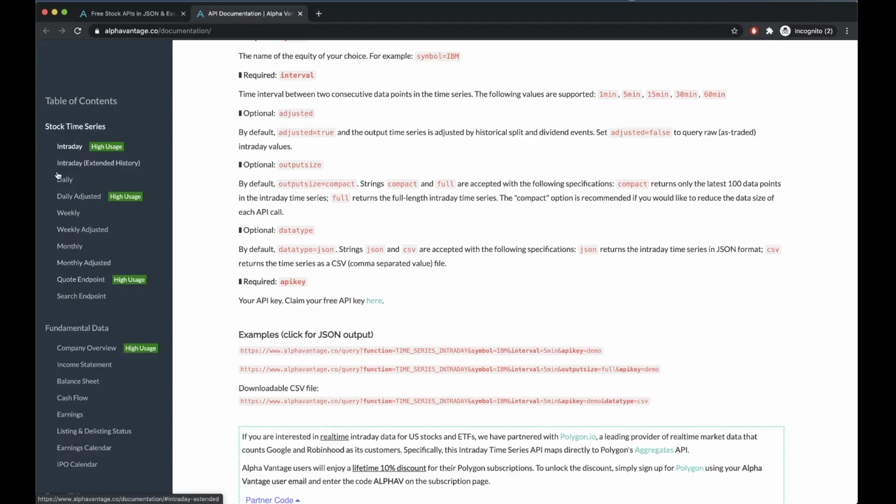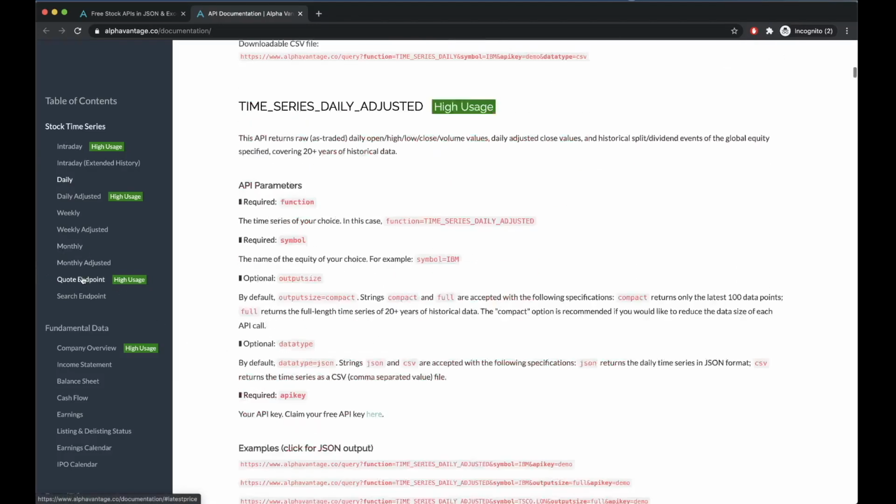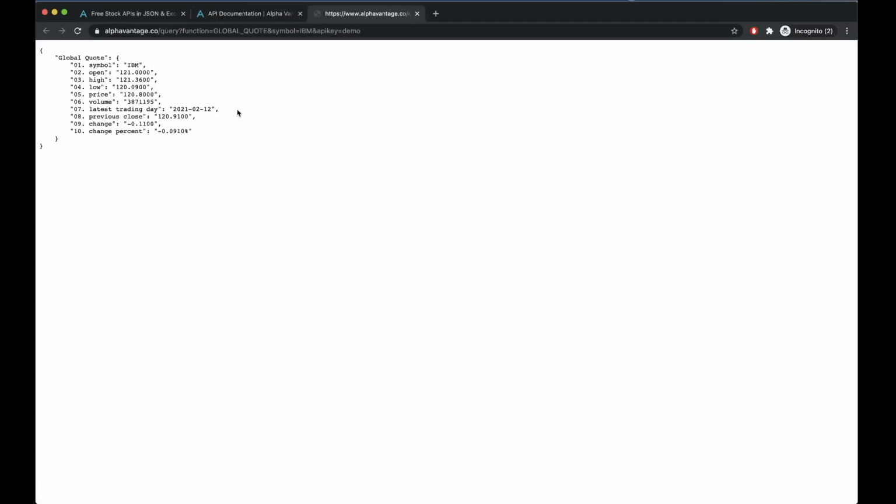the thing that we're going to be using is going to be quotes. So there's one for the quotes endpoint, and this quotes endpoint, if you click on this, it's a demo API, but this is what the response looks like. So you can have, for example, IBM. It's going to give you the current status of IBM, and you can have open, high, low, price, current price, and the volume and latest trading day and stuff like that available right here. And along with that, you're going to have change and percentage change.